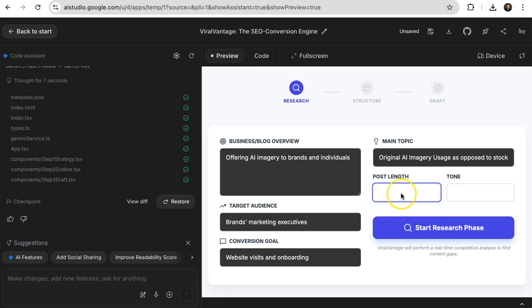I'll make it quite long if I can. It's weird that it doesn't display. Tone, I'm gonna say